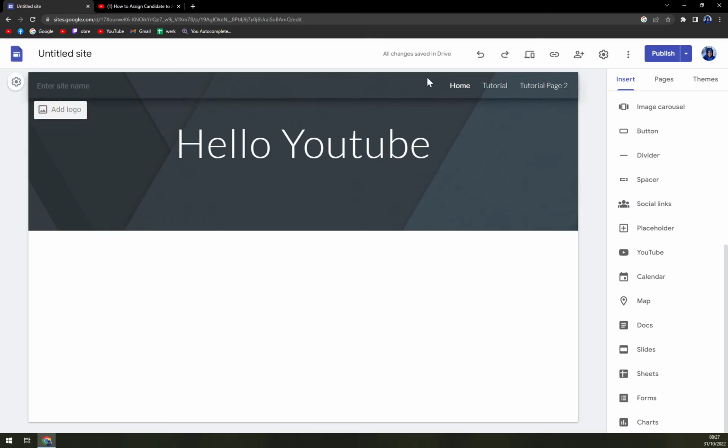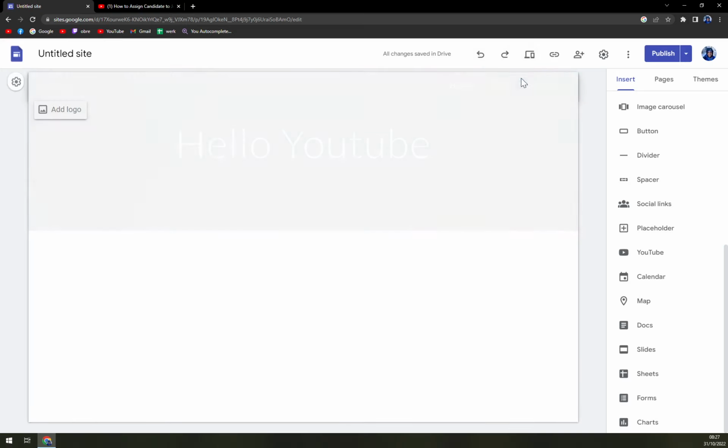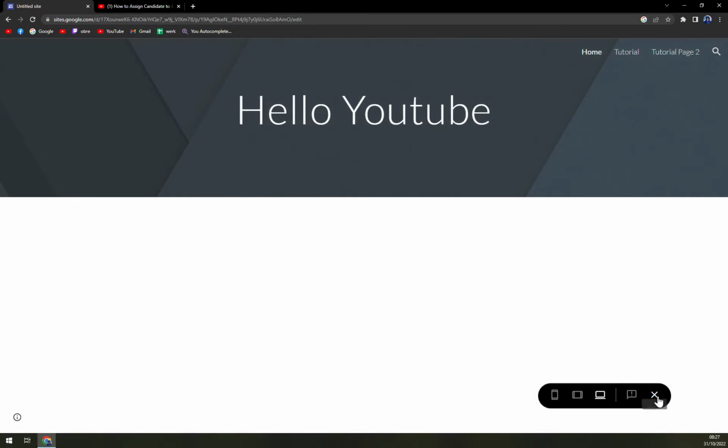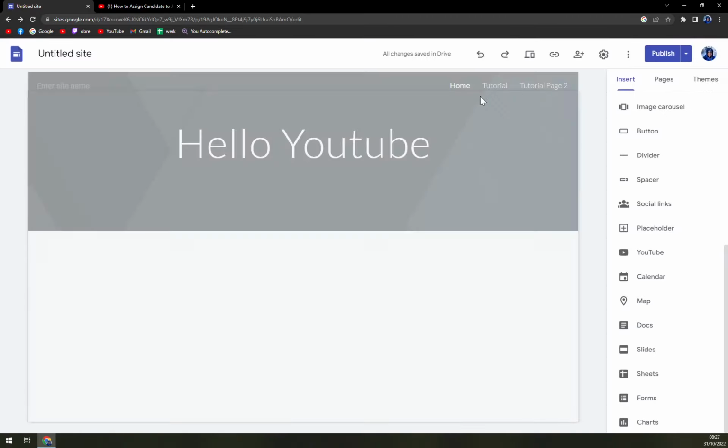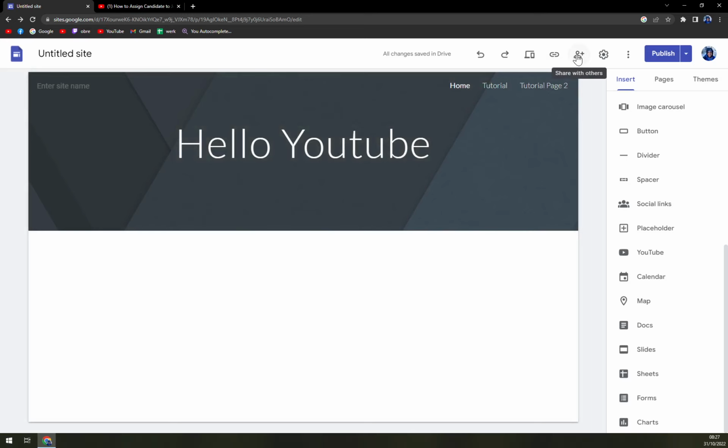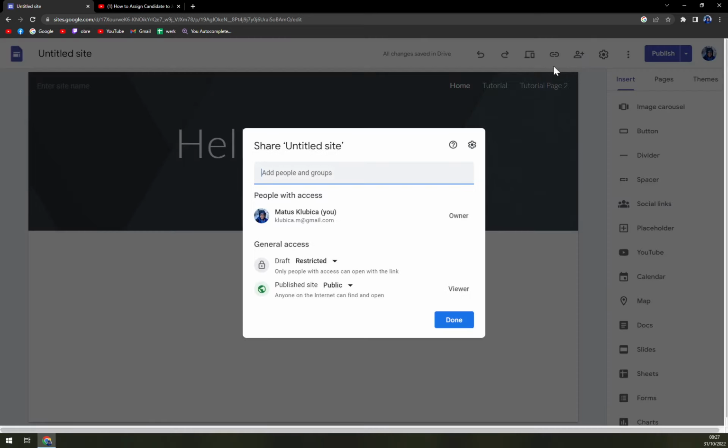So on the top corner of our screen, where we have undo, redo, we can hit that preview button and show how it looks. We have share with others, and that's where we want to click. At the moment you see that there are people with access, which is me right now, and then draft and published site. All we have to do is write down people you may know or someone with, for example, an email